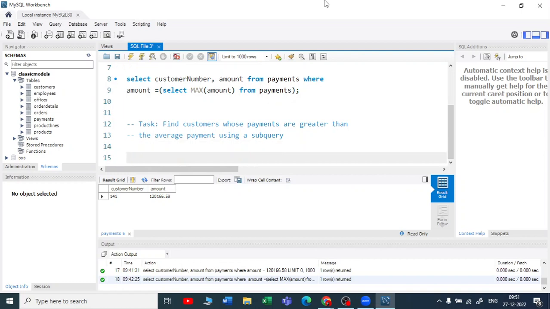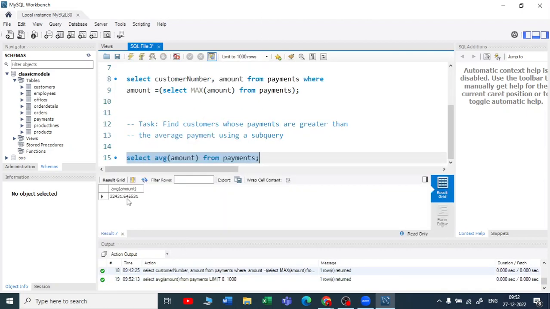So first let us find out what is the average amount from the payments table. To find that, we are going to use select, a function average, that will find the average from the amount column from the payments table. Okay, if I execute this, you will get the average amount. Okay, average amount, but we want all the customers whose payments are